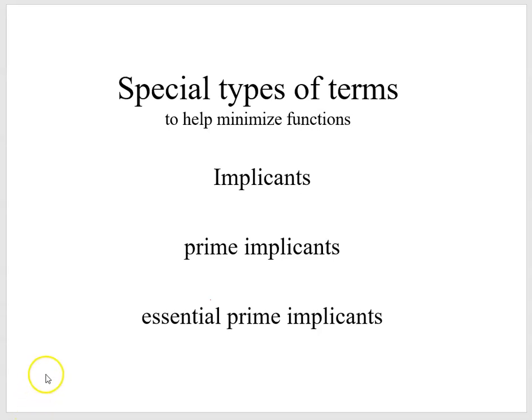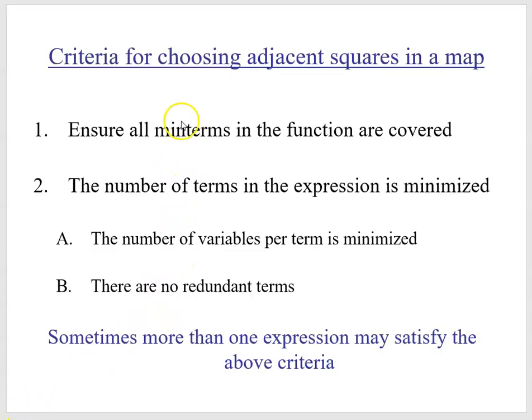When we're minimizing functions with a Karnaugh map, we have special types of terms for the encirclements: implicants, prime implicants, and essential prime implicants. When we're choosing adjacent squares, we want to ensure all min terms of the function are covered, for one, and then we want to make sure the number of terms in the expression is minimized. To do that, we want the number of variables per term to be minimized and to ensure there are no